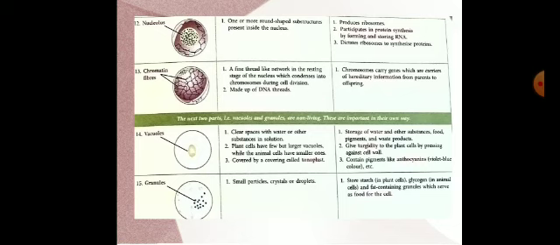The last one is granules. You can see the minute granules. These are also non-living. They are small particles, crystals, or in the form of droplets. What is the function of these granules in the cell? They store starch and glycogen. In plants, they store in the form of starch, and in animal cells, glycogen. And fat containing granules serve as food for the cell.